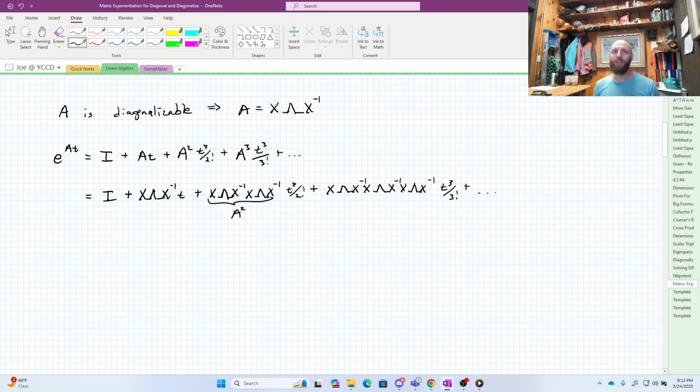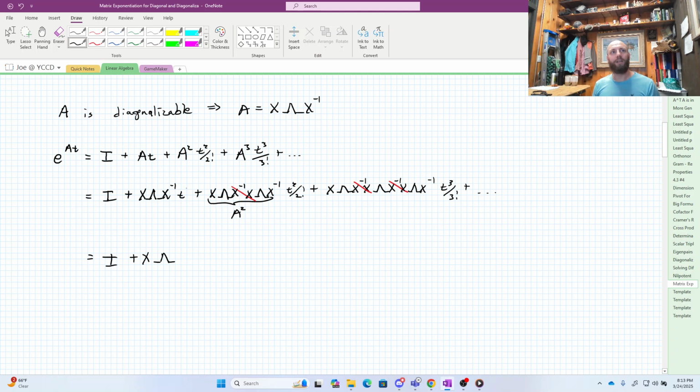These are going to get a little annoying to write down. The good news is the x and the x inverse cancel, the x and the x inverse cancel, and the x and the x inverse cancel. And so I can pretty quickly write this thing down as I've got the identity matrix plus x lambda, and